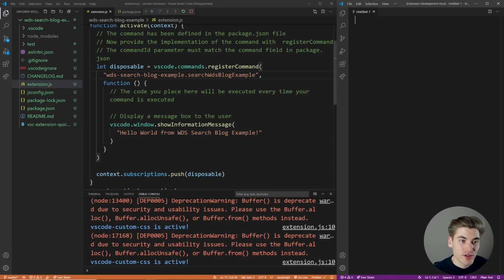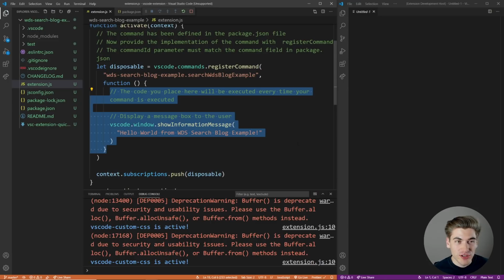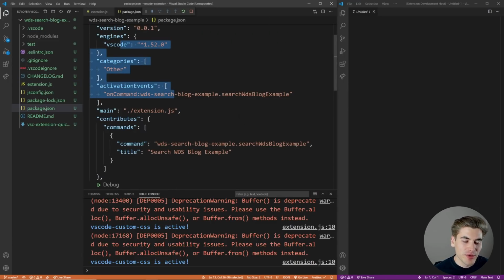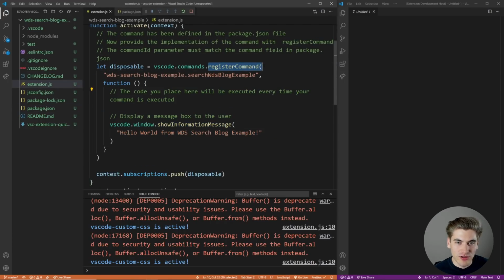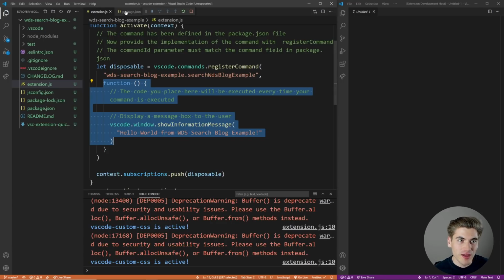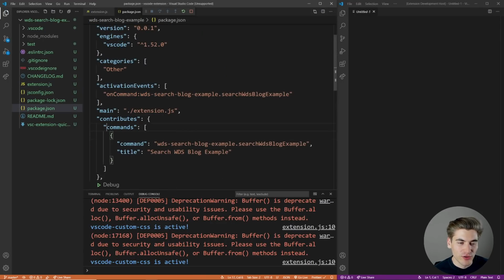And that's just because we haven't changed any of the code, but we changed the command we run in order to run the code in this function. So that's how you link up commands. You have this register command function that you run. You pass it the name of the command and a function that's associated with the command. And then in the package JSON, you hook all those up in this commands array and this activation events array to be able to say what your different commands are.